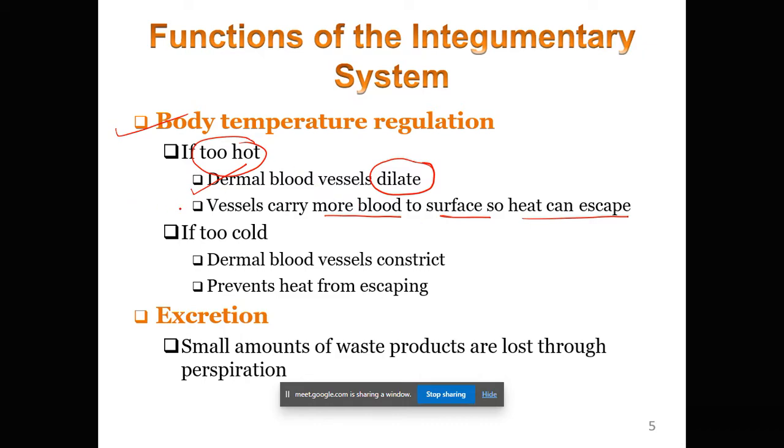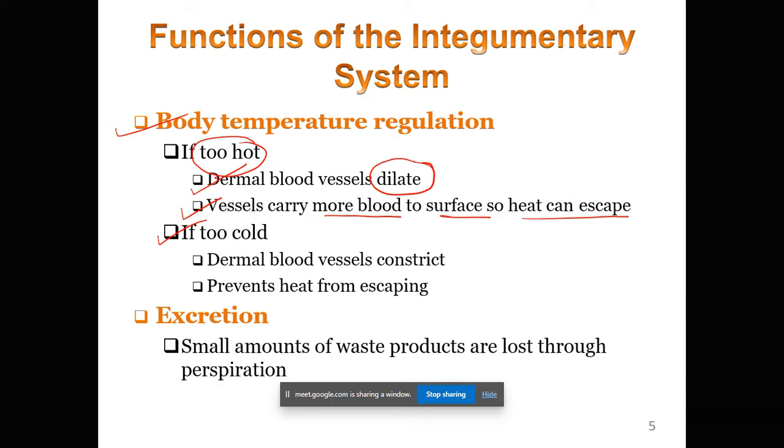If there is too much heat inside, the blood flows from inside the body to the surface of the skin. As blood flows from inside the body to the surface of the skin, the heat also gets transported from inside to outside. When the blood reaches the surface of the skin, the heat carried by the blood is then dissipated. So if the inside is too cold, then what happens?